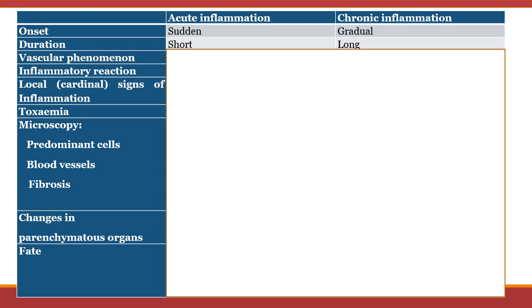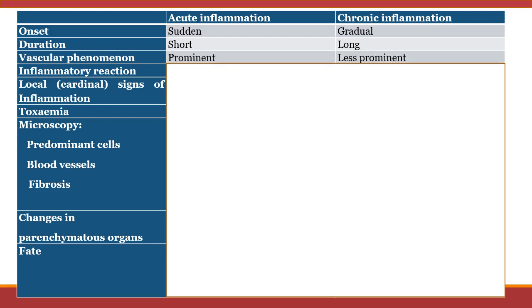In chronic inflammation, we didn't say much about the vascular phenomena. We didn't mention any vascular dilatation or increased permeability. The main thing that we said is obliteration of the vessels. And also we said that we have some new vessel formation. So the vascular phenomena represented in vasodilatation and increased permeability are very prominent in acute and much less prominent